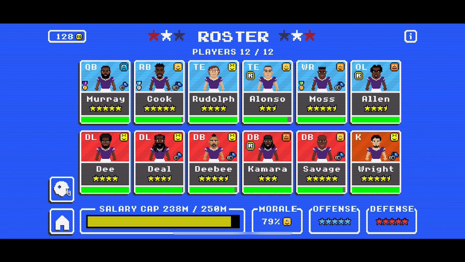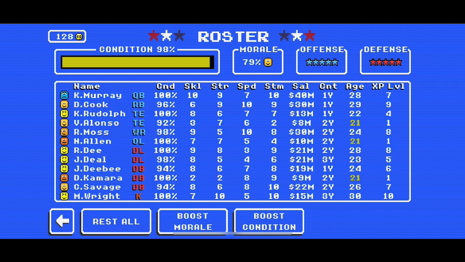There is another roster screen that we can look at by clicking the helmet on the left side. So let's look at the spreadsheet screen by clicking that icon there. On this screen, we're going to go through this spreadsheet layout by going column by column from left to right. On the left side is going to show each individual player's morale next to their name. Then it shows their position, just like on our card screen, blue being offense and red being defense,